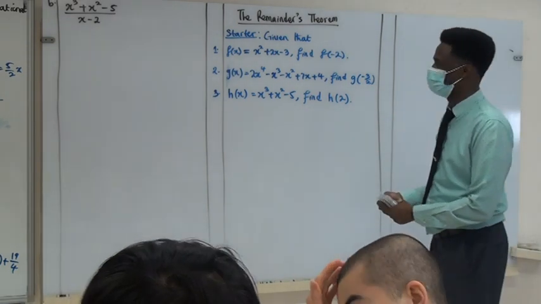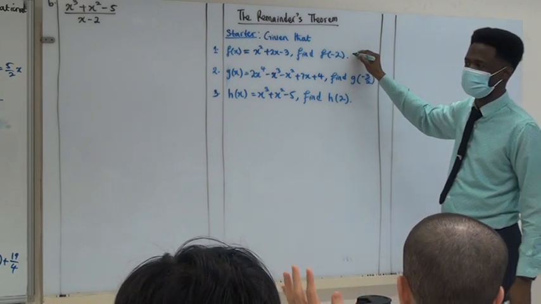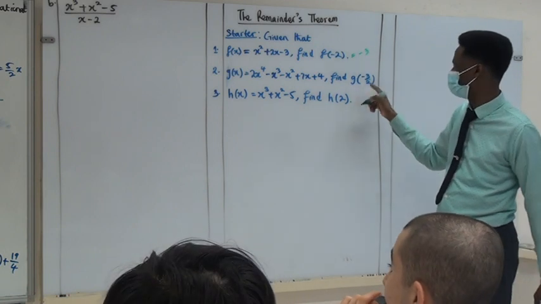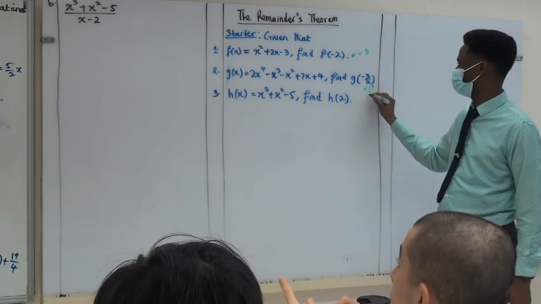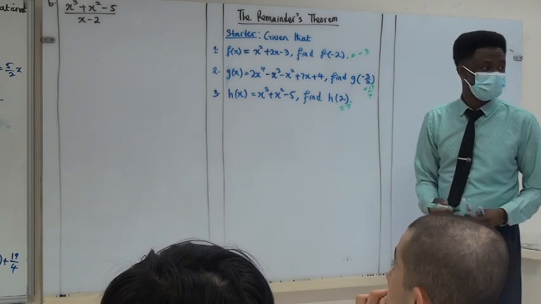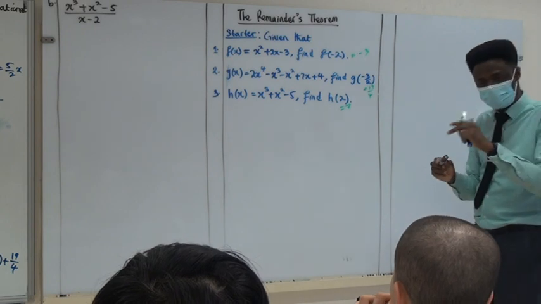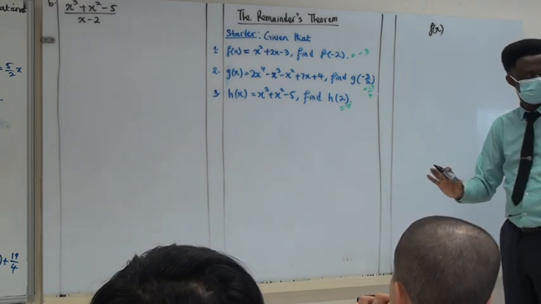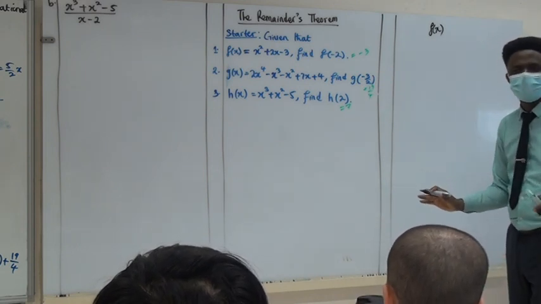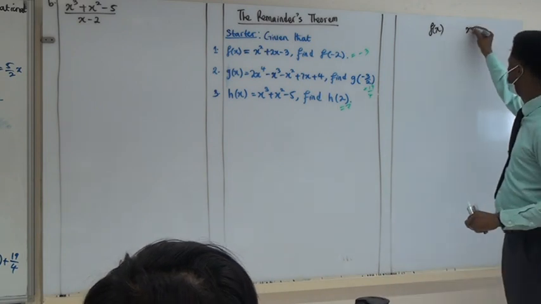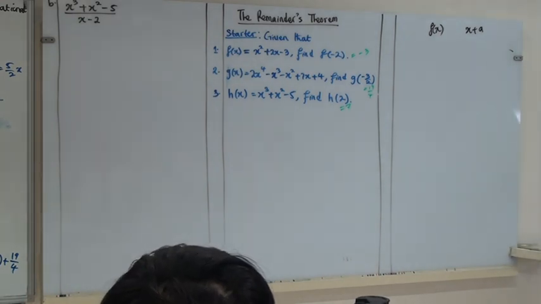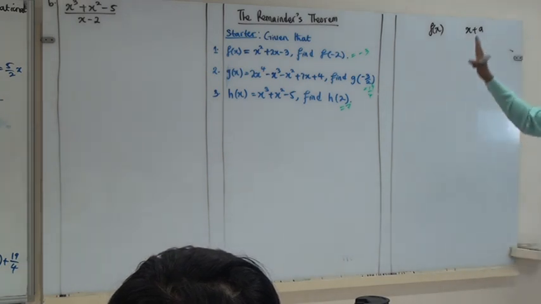Alright, so what do you notice? Question 1, what do you get? Question 1 is the same as the remainder here, 4. The same thing, right? And here, 7, which is the remainder you got. What does that tell you? So my question is this: if I have a polynomial f of x, without dividing, without performing the division algorithm, what will be my remainder if I divide by x plus a? I'm not asking you anything that is story related. If I have a polynomial f of x